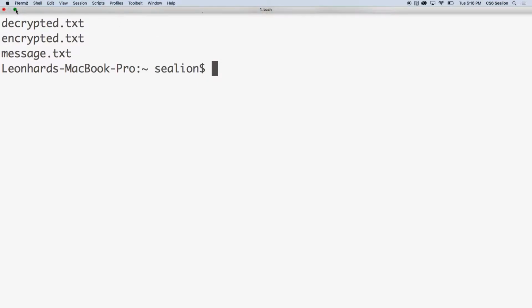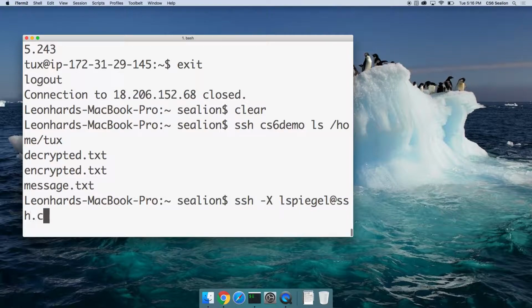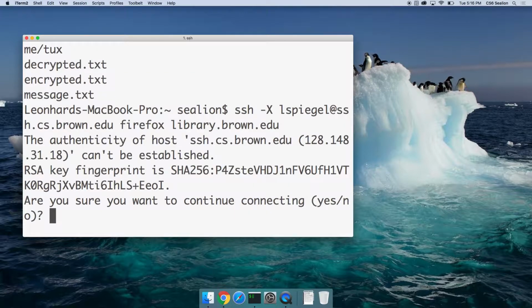So basically, let's say I still have to do research, I want to read some document, but I am somewhere in the world and I don't have access to the library and so on, so I'm protected behind some firewalls. So what I can do is I can just use SSH and port forwarding and start Firefox with the library.brown.edu website. I have to accept the fingerprint, so that's just to be sure that this is the real